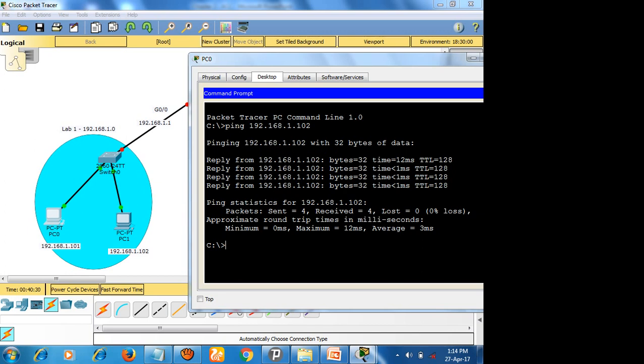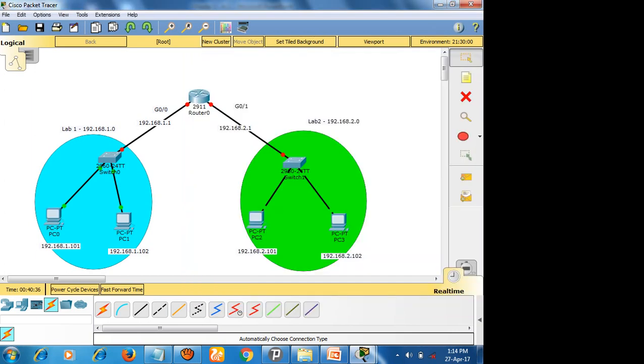And if I ping 2.102, it won't work, because I did not configure anything on the router, and moreover the connection is not enabled, right? The interface is not